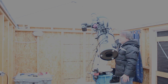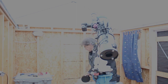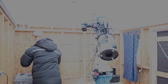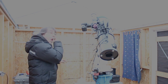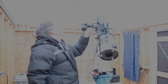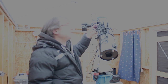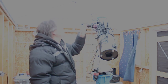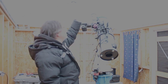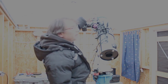So after the roof is off, and sometimes it does blow back, essentially I take off the lens covers, the lens cover of the guide scope. The guide scope is an Altair GP cam. It's a color planetary camera. It's not quite as good as the Canon's, but it makes a good guide scope, or if I want to get into lunar or planetary imaging, it'll be good for that as well. But anyway, that's hooked up to my Starfield 50mm guide scope,